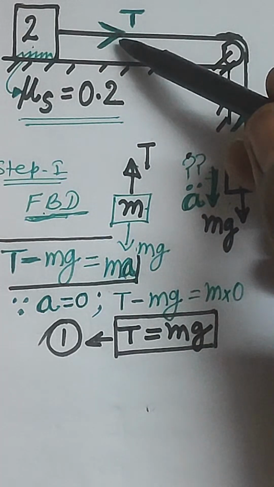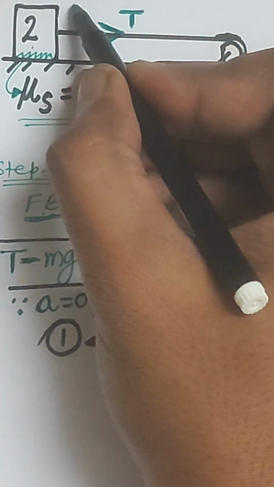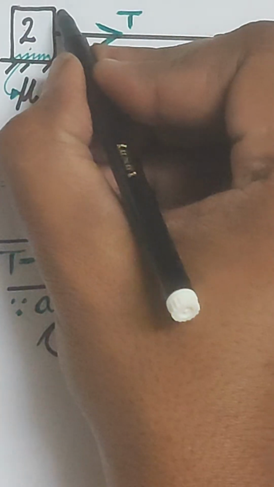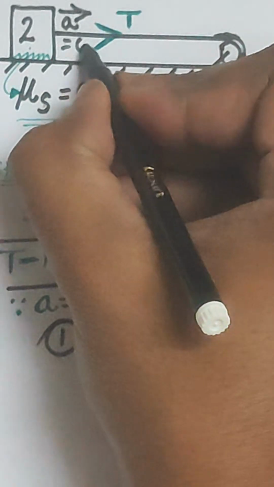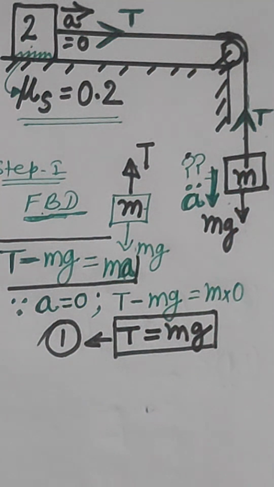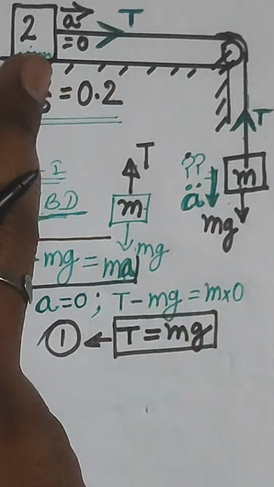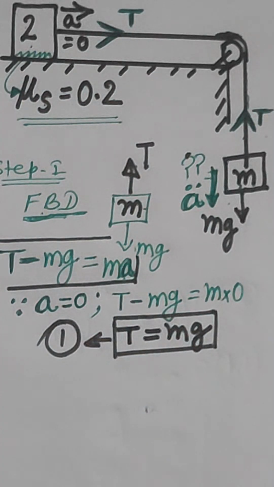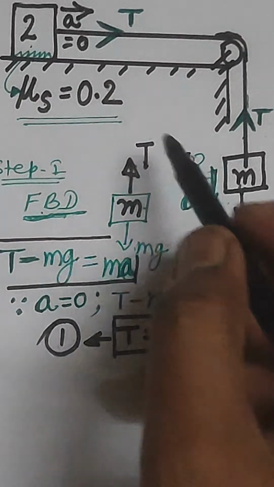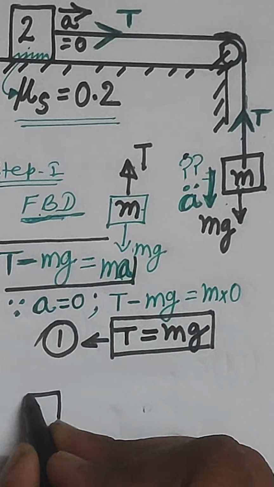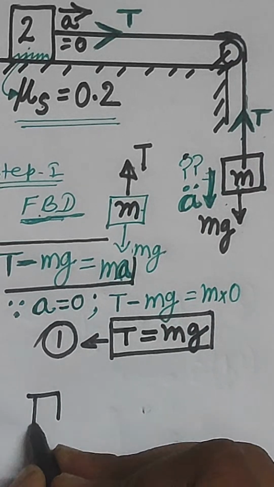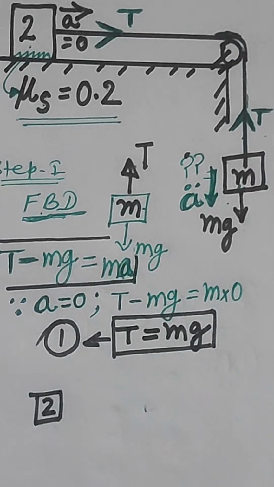Though it is not moving, if it were moving, then A would be like this, right? And the value of A equals 0. The direction of the acceleration would have been to the right hand side. So in this condition, when you draw the free body diagram of that 2 kg mass,